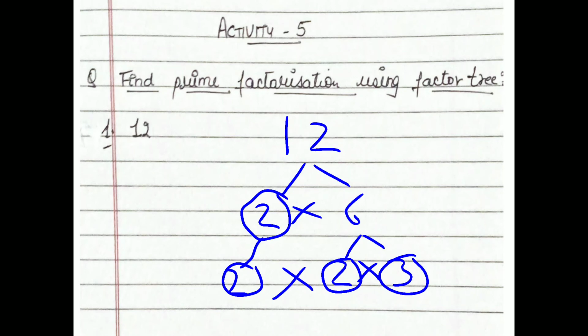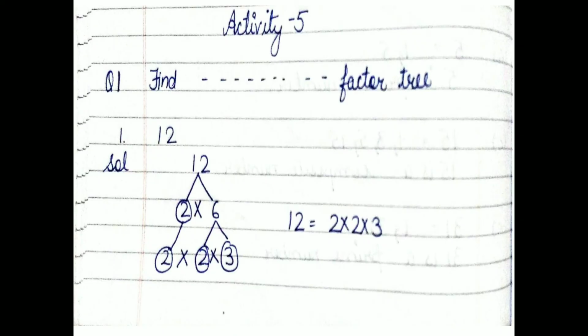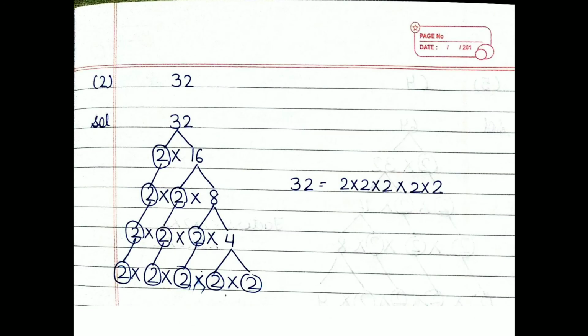Now see, these 2 into 2 into 3 are the factors of 12. If you multiply, 2 2s are 4, 4 3s are 12. Now, the number which does not have more factors, we will take down as it is. Means these two I have taken straight away down. Clear? Now see, for 12, you have to write down the factors in this manner: 2 into 2 into 3. Clear students? Now we will do the second part.